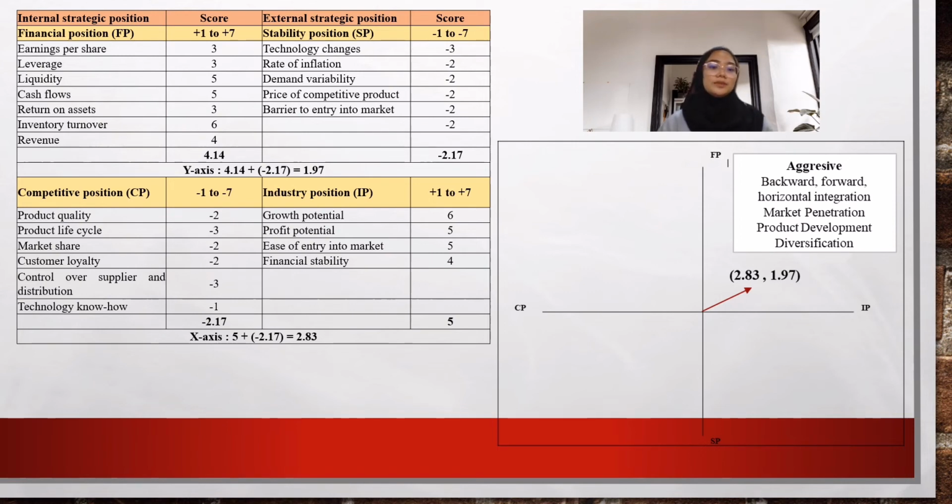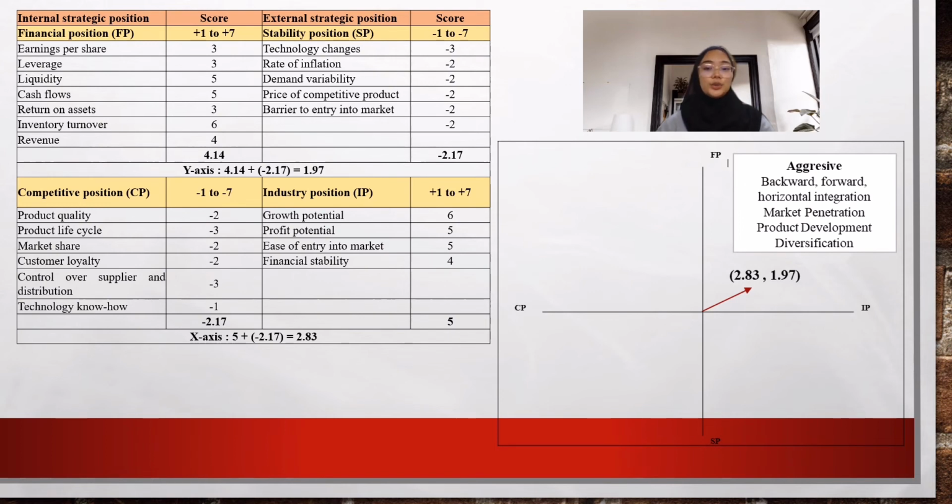For the competitive position and industry position, we have to add them together so that we can get the score, and it will be the x axis score. And for financial position and stability position, we will add them and we will get the y axis score. As we can see in the slide, the coordinate that we get is x axis 2.83, and y axis 1.97. So after we plot it, we can see in the graph next to the table,